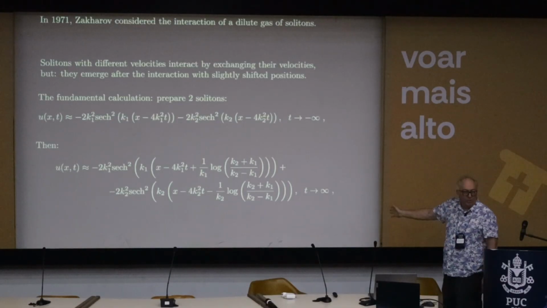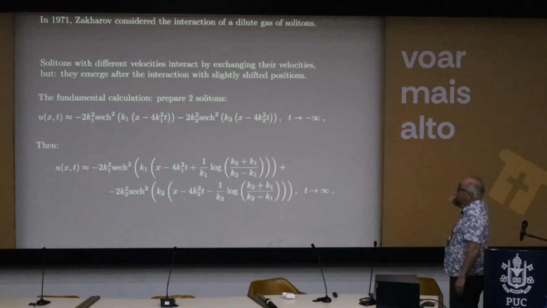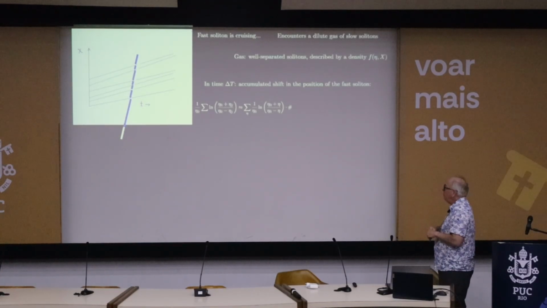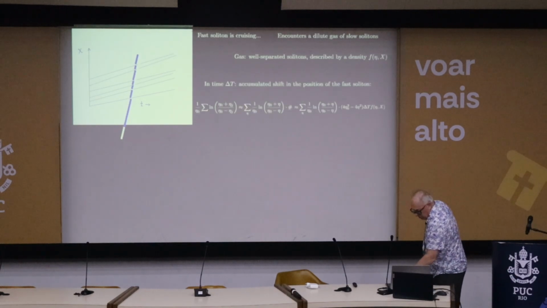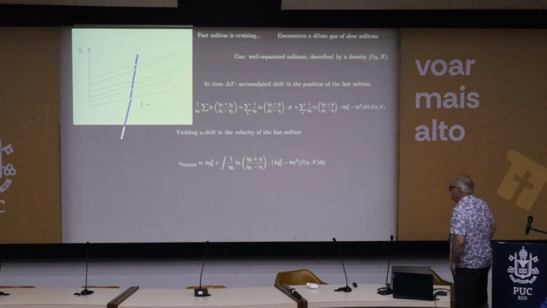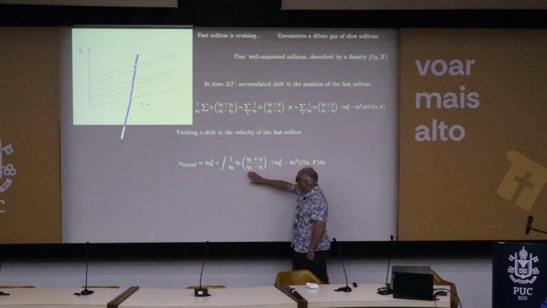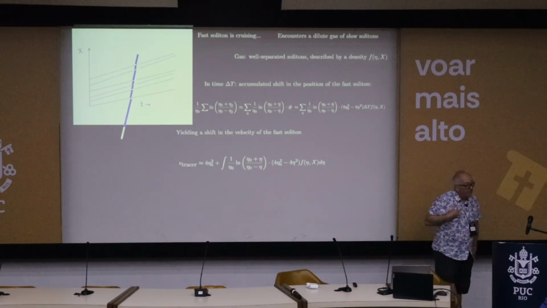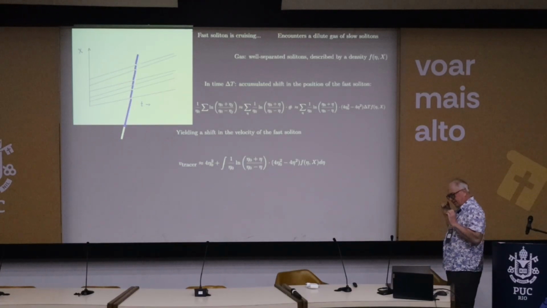So he suggested we should imagine a dilute gas of solitons, and I will spend the rest of the talk trying to explain what I think that means. The starting point is what you just saw, which has been posited in there, and when you compute what the effective velocity should be, you arrive at this equation: the velocity of this fast-moving tracer soliton is no longer a constant, but it's being accelerated by this gas of solitons with which it's interacting.